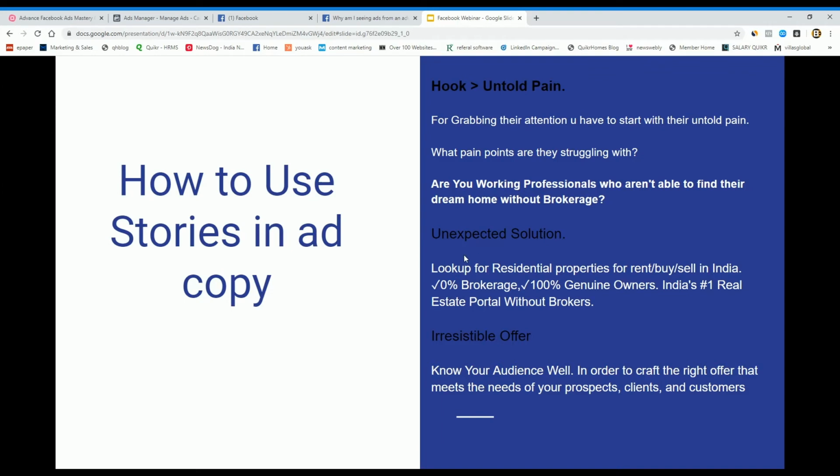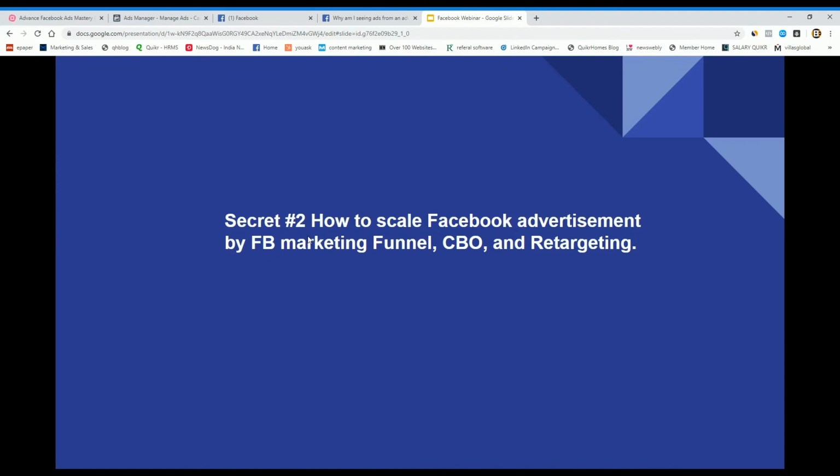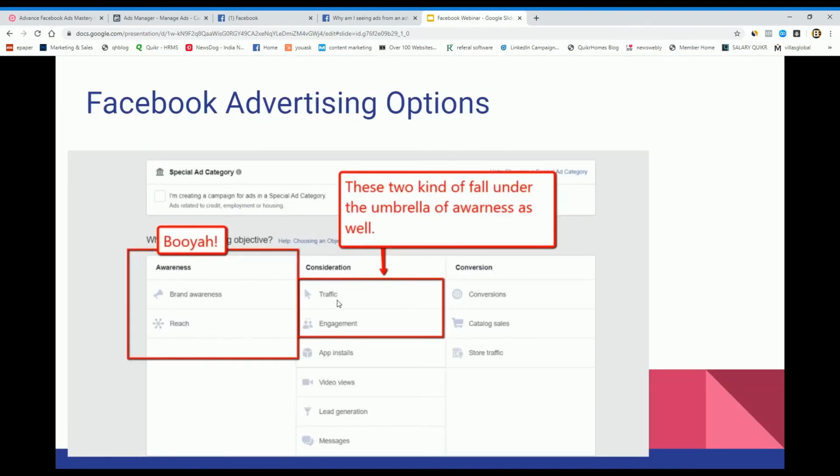Second, give some unexpected solution so that they can go and check your advertisement with an irresistible offer.